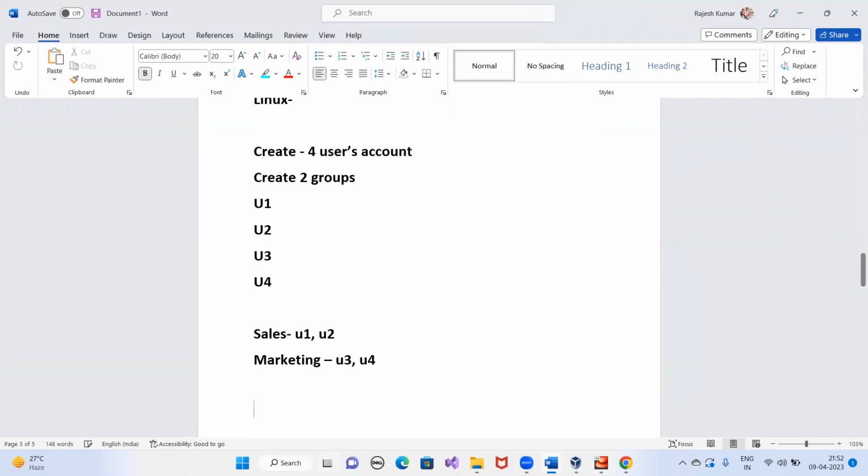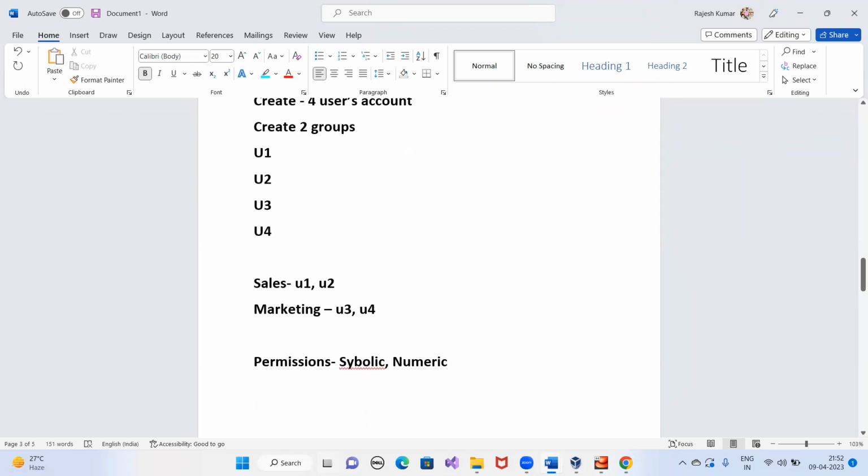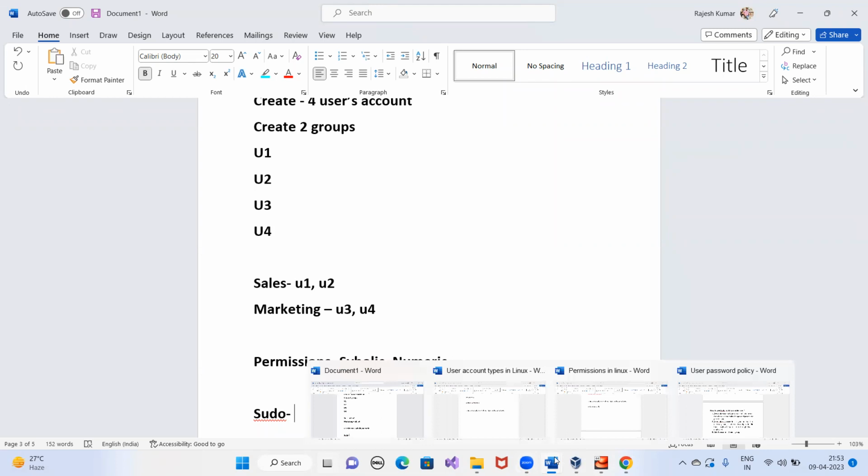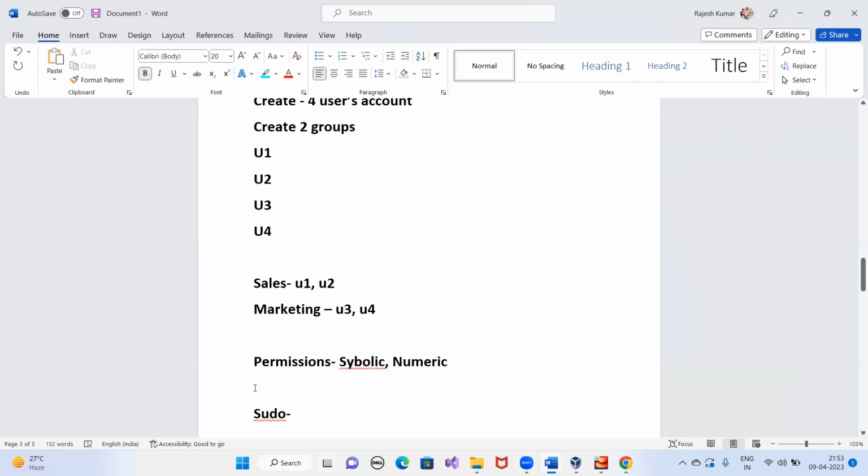Once this is done, we will see the permissions on Saturday. We will see both the methods. Symbolic will be completed because the concept has been cleared to you, now we have to see the practical only. Then I will go to the numeric method, which is very easy compared to the symbolic. On the same day, on Saturday itself, we will complete the sudo permission. So these 3 methods that I have shared with you right now, the wheel group, the sudoers file and the sudoers duplicate file, we will make changes inside them and give admin rights to the user. That is the Saturday target.